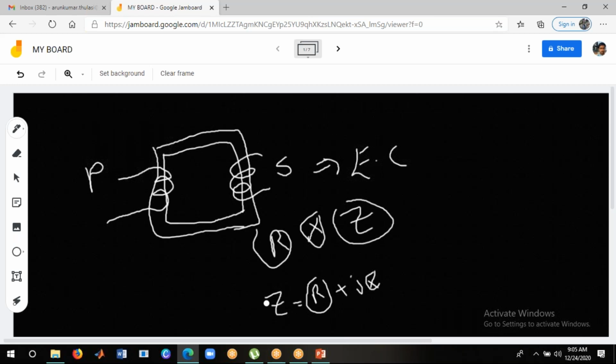Now our intention is to know whether this transformer is capable for a particular voltage or not. If you know the resistance, reactance, and impedance of that material, you can get an idea whether the particular transformer is capable for the particular voltage, particular current, and particular load. That is the reason why we need to find the equivalent circuit parameters. Now I am going to convert this circuit of the transformer into the equivalent circuit. Let me show how the equivalent circuit looks and what components are involved in it.